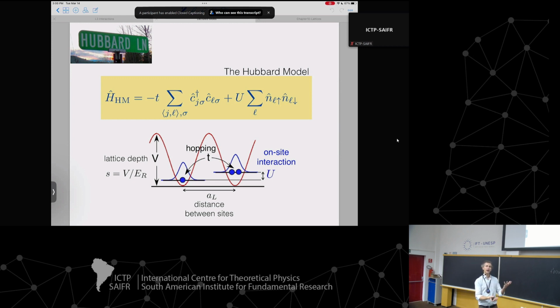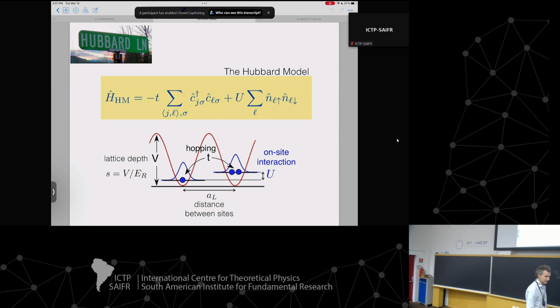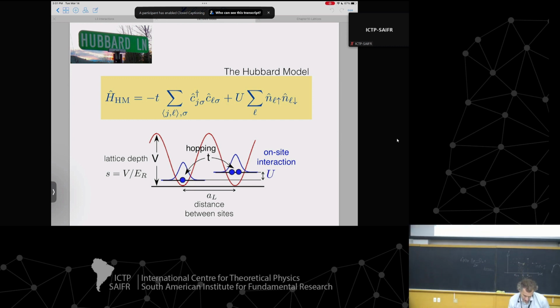And so now if I change the relative magnitude of t and U, then I go from one limit where I have delocalized states that have well-defined momentum to another limit where I have localized states, number states per lattice site, that only have well-defined occupation number. So this is like a coherent state, and this is like a Fock state basis. Okay, so